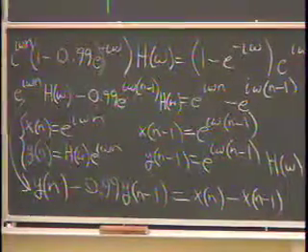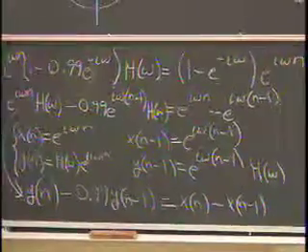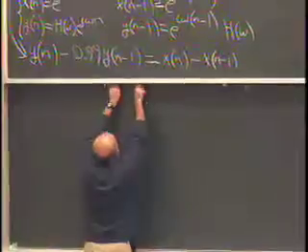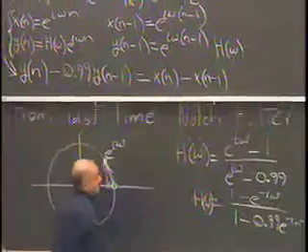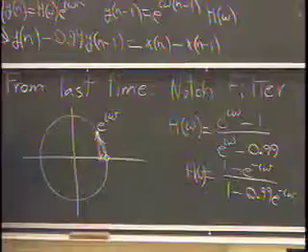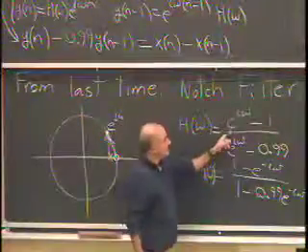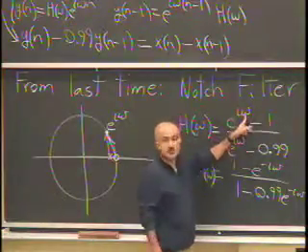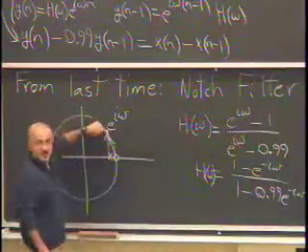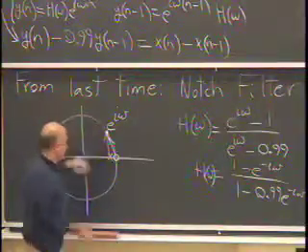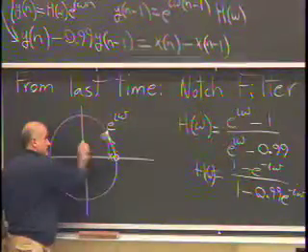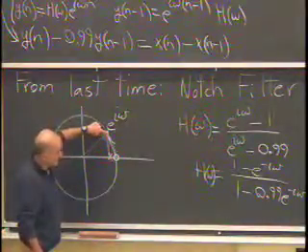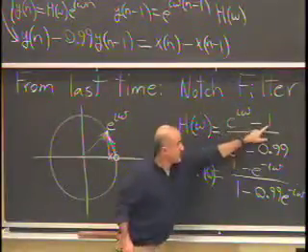OK, so let's get back to that frequency response. Let me bring it back down. So in the numerator, I have a complex number for any omega. Pick your omega. So you're somewhere on the unit circle. For any omega, this white vector would be e to the i omega. So for any omega, you're somewhere on the unit circle. e to the i omega minus 1